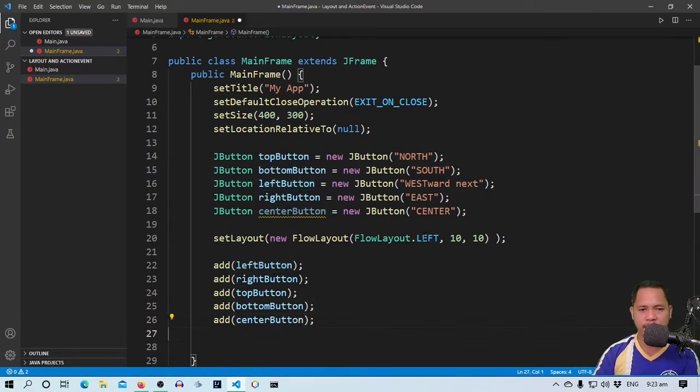So these components will now be added into our available area according to the order they are added in, just like when you're typing a text. So when we run this code,